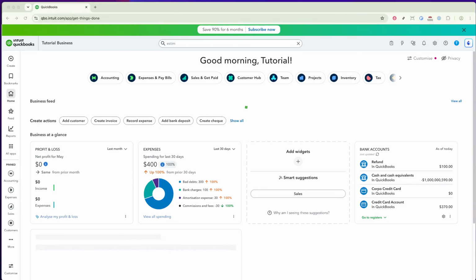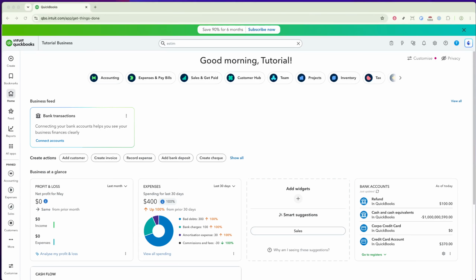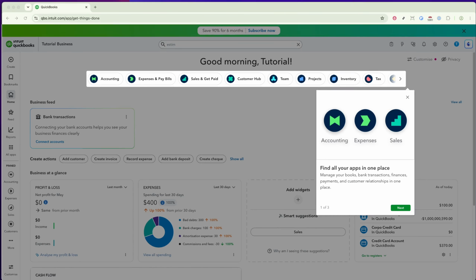In today's video, I'm going to teach you how to edit the QuickBooks Online default email message text. Customizing the email message text in QuickBooks Online is a quick and easy way to add a personal touch to your communications with customers, whether you want to adjust the subject line, add specific details to the body, or make the content more professional. This tutorial will walk you through the exact steps to get it done, and if you're